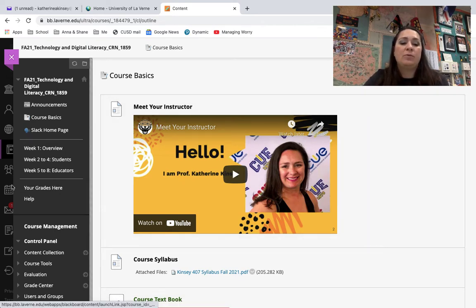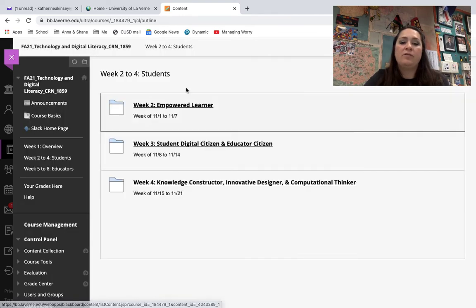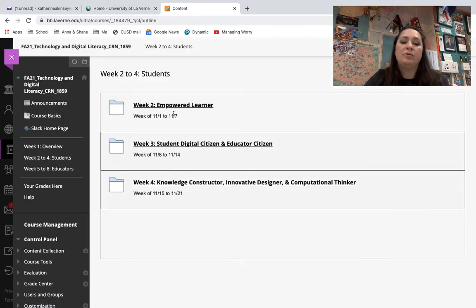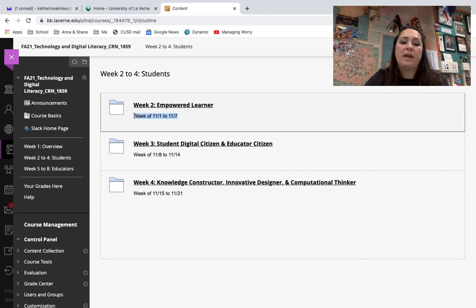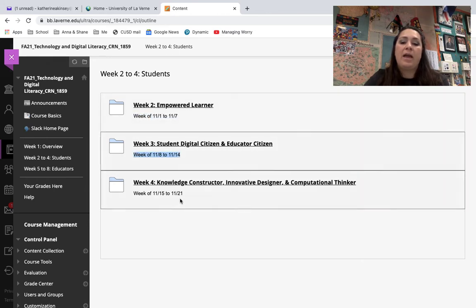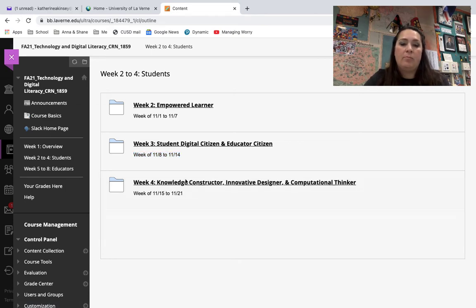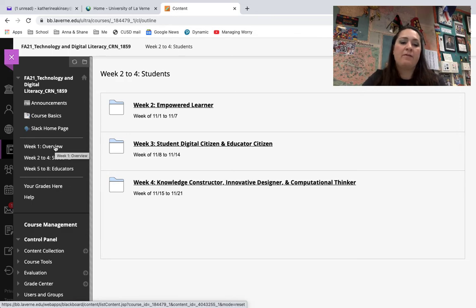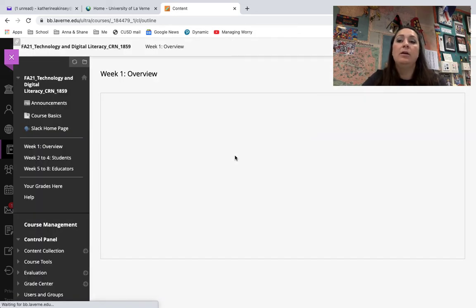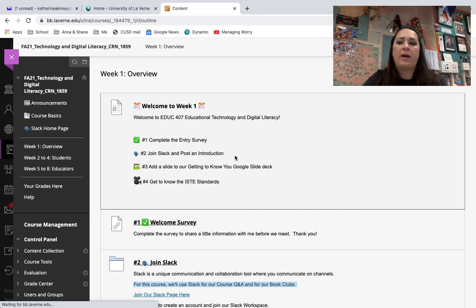And then your grades will be below that. So within these 2 to 4, there are folders, okay, and the folders are labeled with the week that they are, and what the ISTE standard is during that week. I'm going to tell you right now, I don't have weeks built out yet beyond week 1. There's some stuff in there, but they're not finalized. So really wait until I send out the information, say, okay, week 2 is ready, week 4 is ready.